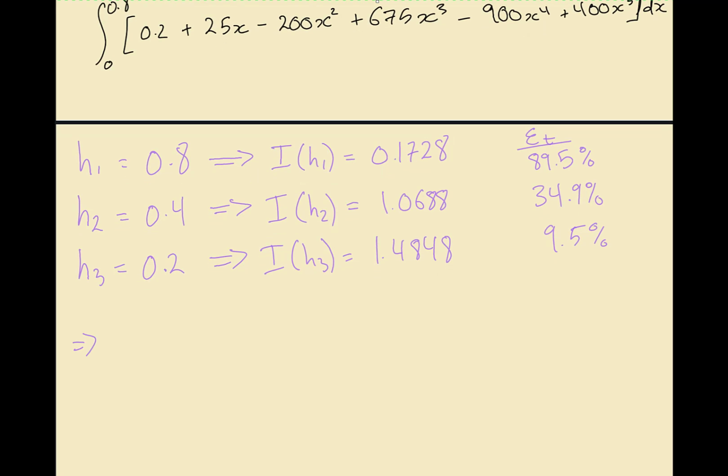So in the first one, we're going to use the first 2 points because you only need 2 points. You need h1 and h2, one more accurate, one less accurate. So in the first one, we're going to combine these two, and we're going to call this IA. So this is going to equal